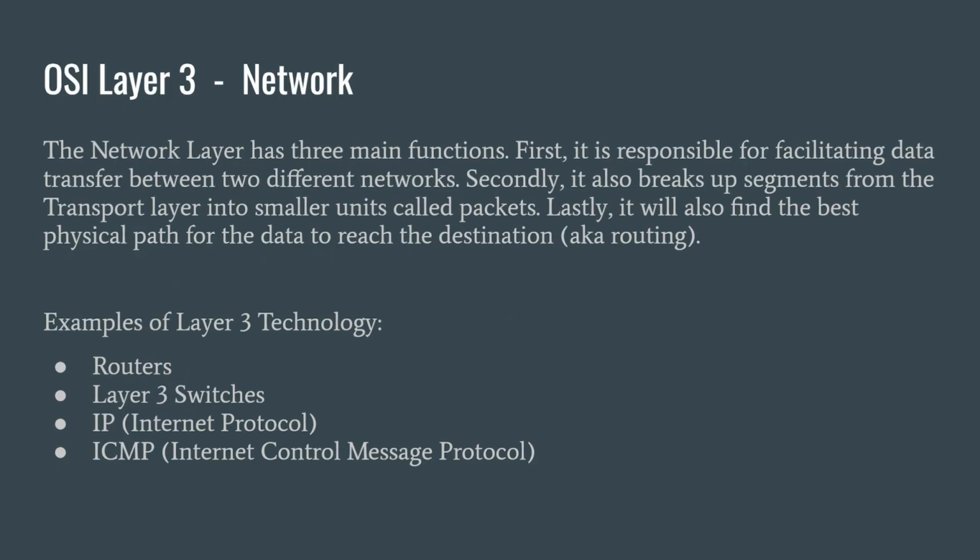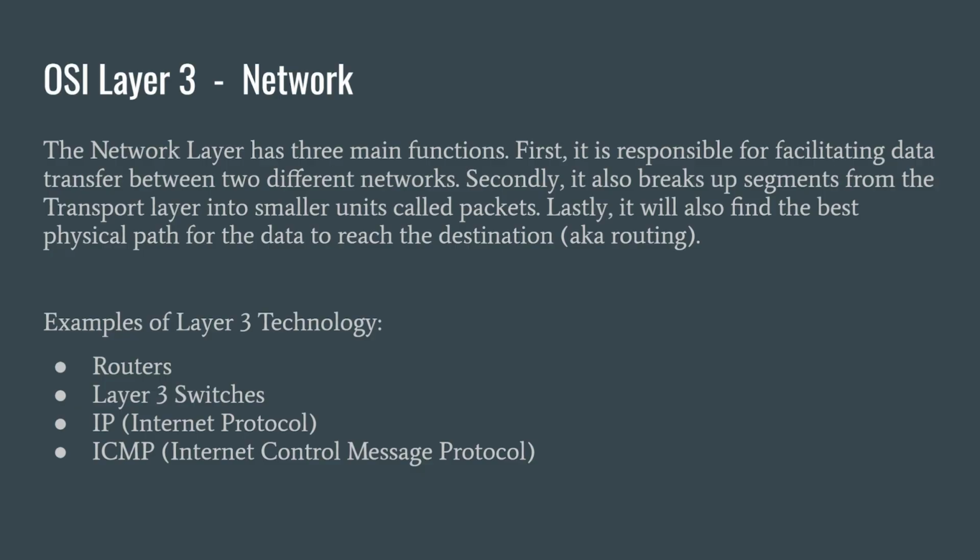The third layer of the OSI model is the network layer. The network layer has 3 main functions. First, it is responsible for facilitating data transfer between 2 separate networks. Secondly, it will also break up segments from the transport layer, also known as Layer 4, into smaller units called packets. Lastly, it will also find the best physical path for that data to reach the destination, and this is